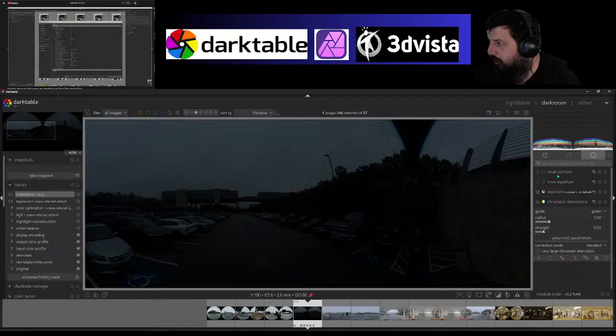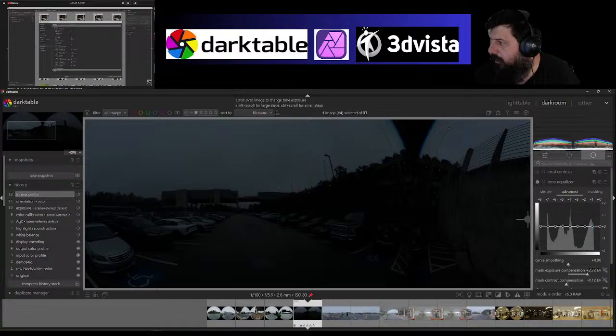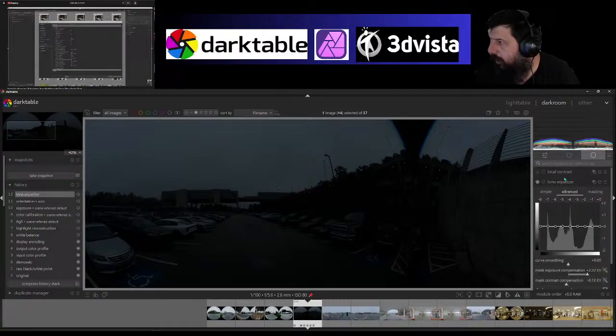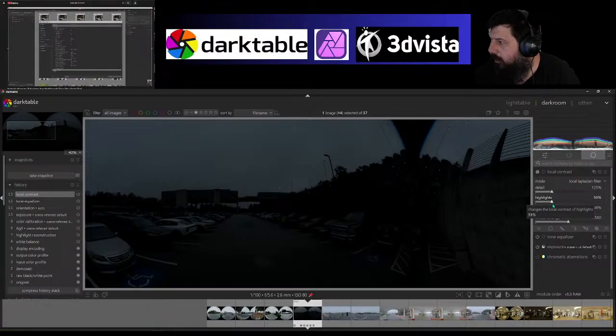So now let's go back to the tone equalizer. We're going to do the magic thing. There we go. That looks good. I'm just trying to get rid of the arrows. Once I do that, we need to go to local, and we're going to reduce the highlights to 0. We're going to increase the shadows. Then we're going to go to